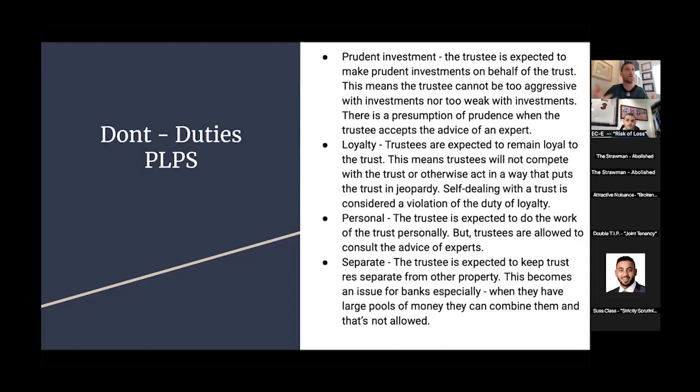And then always, the issue is whether Max violated his duties as a trustee. The duties of the trustee are the prudent investment rule, the duty to act loyally, the duty to be personal, and the duty to keep trust funds separate. Talk about what each one of them are, and then he probably violated 2 of them. That's what we're looking out for. And also I told you the spendthrift thing and who could pierce and who couldn't pierce. But so good, right? Like, is it a valid trust?